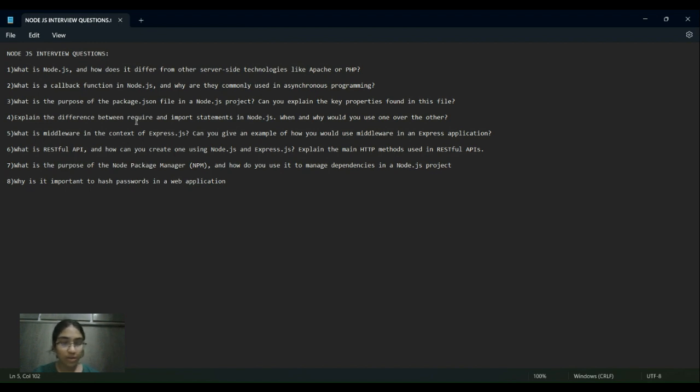Okay, now let's go to the seventh question: what is the purpose of Node Package Manager (npm), and how do you use it to manage dependencies in a Node.js project? npm serves several important purposes like dependency management, version control, installation and update, and script execution.